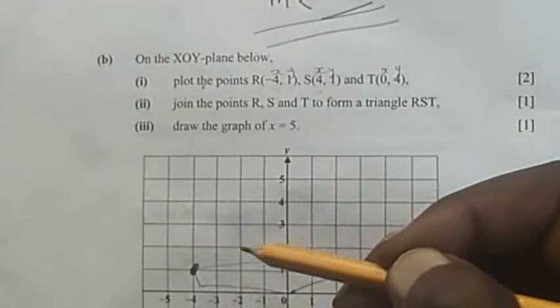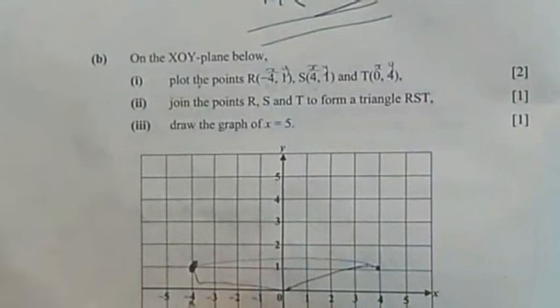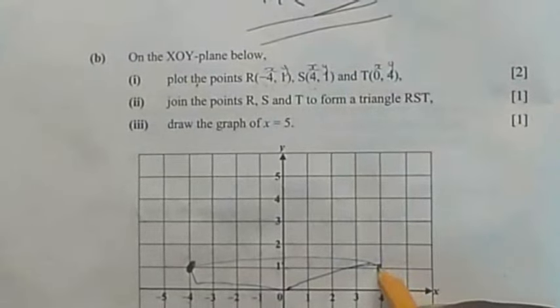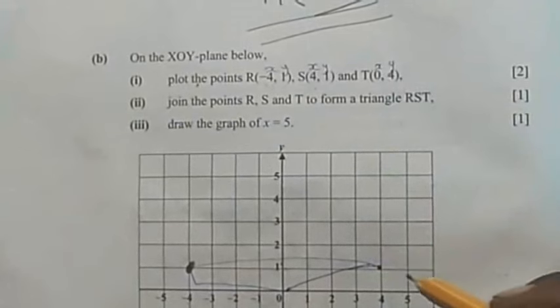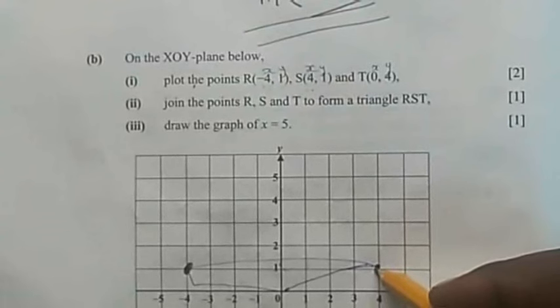Okay, and then negative 4, 1, it's this point. This is negative 4, and this is y, which is the region of y, which is 1. Okay, once I've done that, then we can go to this point, which is positive 4, y, so the y-axis, which is 4. So y-axis, which is 4, is here, and then it's 4, 1, so 1 is here, so the point is going to be here, and then 0, 4, so